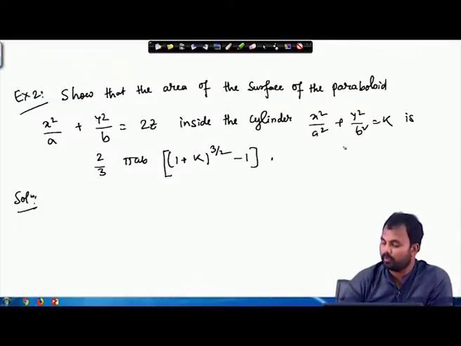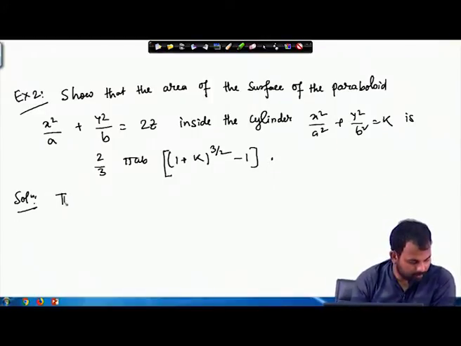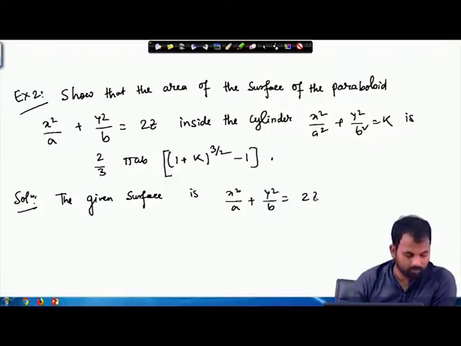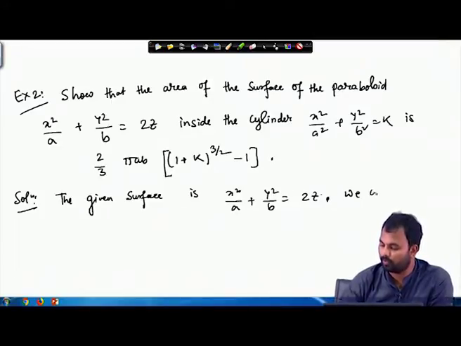So here, the equation of the cylinder, the base basically lies in the xy plane, and based on that, first of all, the given surface, we can write the given surface as x square by a plus y square by b equals 2z. So from here we obtain the given surface is this. We obtain